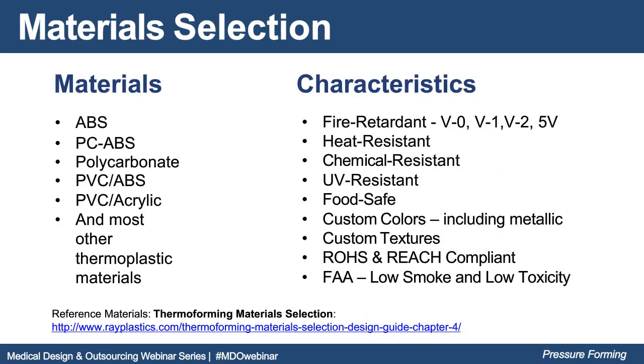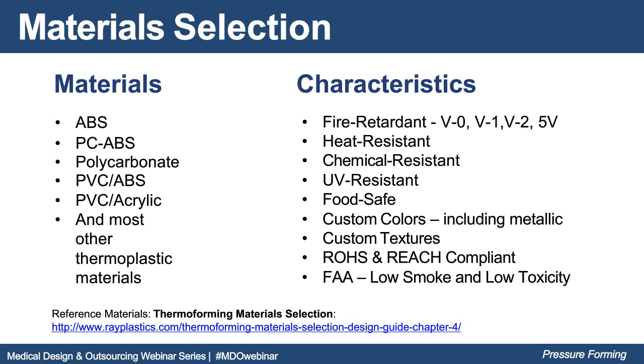Material selection is also very important in pressure forming. As you can see on the left side of this slide, the materials available are any thermoplastic material: ABS, polycarbonate ABS, PVC ABS, PVC acrylic. It runs the gamut with what's available. So keep in mind that your material choices are pretty wide open, and let's let the finished part requirements drive